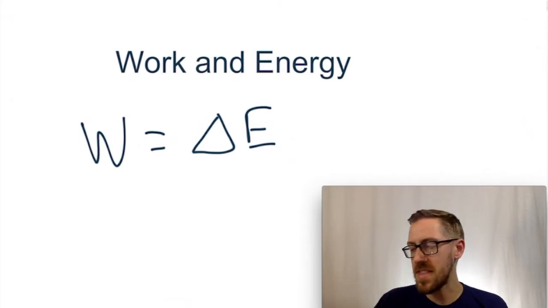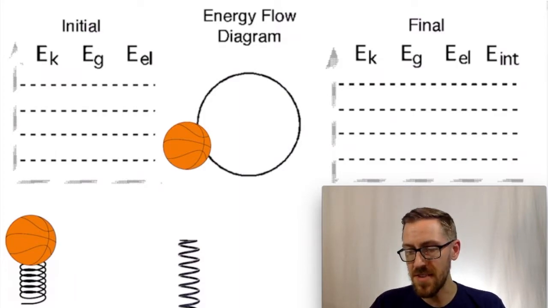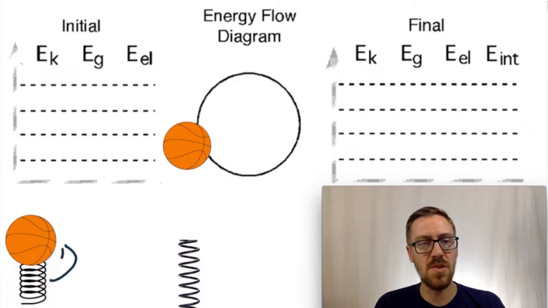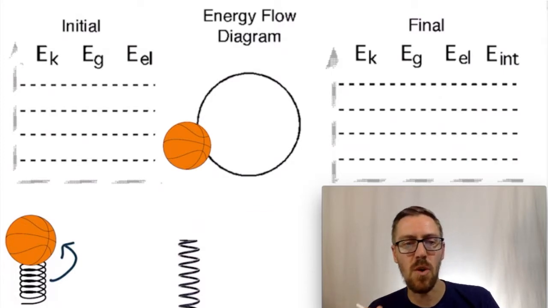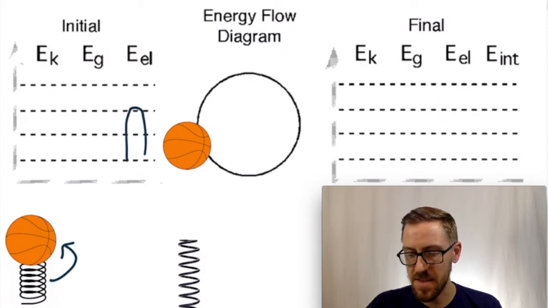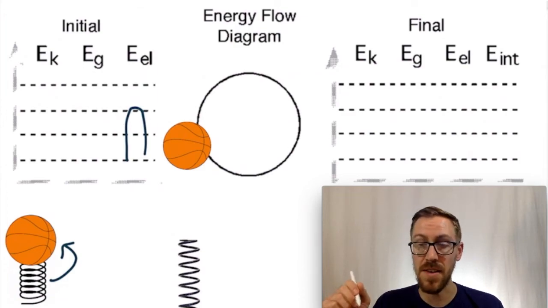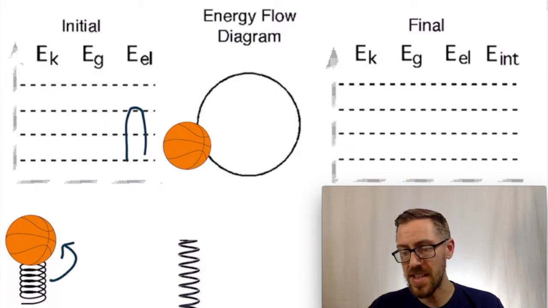And so we've kind of represented this already, but if we have a situation like this, where we saw this in the energy bar charts example, where we have the energy going from the spring to the ball, the spring is doing work on the ball, because at the beginning the energy is in the spring in the elastic form, and at the end, there's nothing in the spring. It's not stretched out, it's not off the ground, it's not moving. So the spring goes from 2 boxes to nothing, and so we would draw energy going out